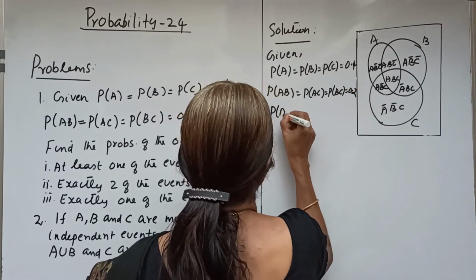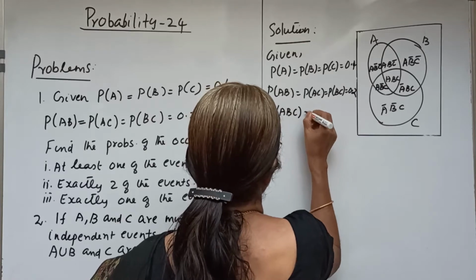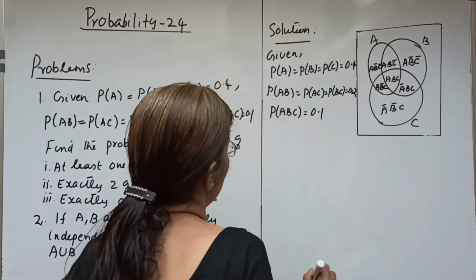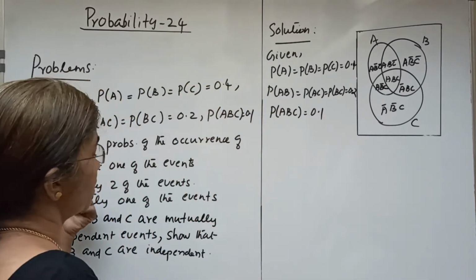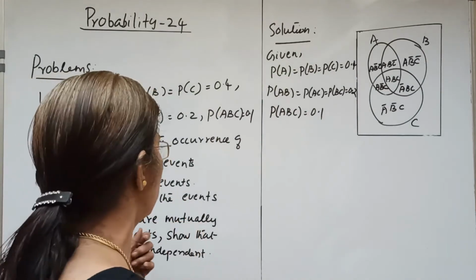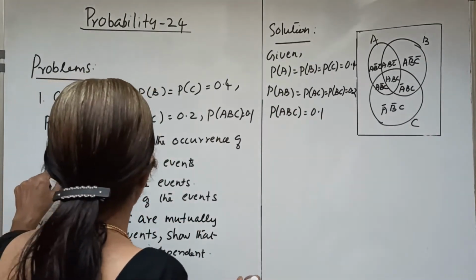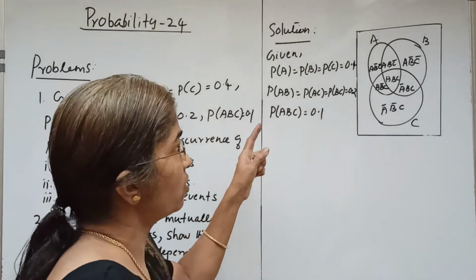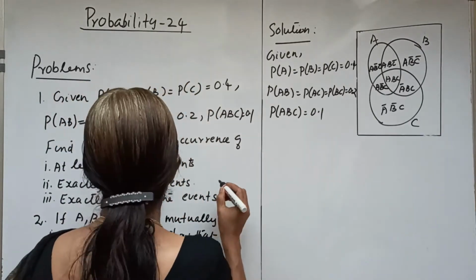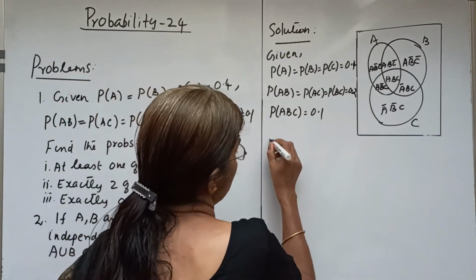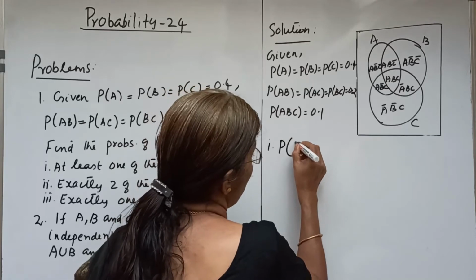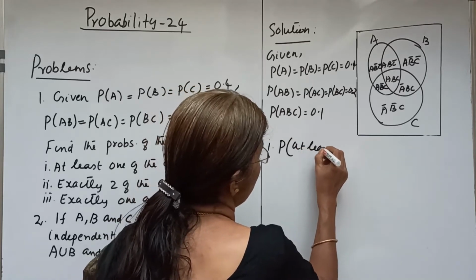And P of ABC equal to 0.1. Now we have to express these events in terms of the probabilities. Okay, first case is probability of at least one of the events,